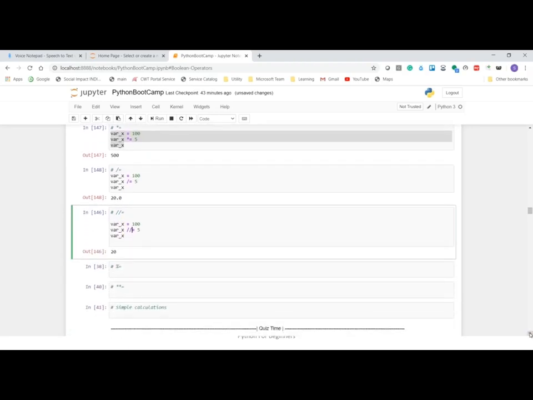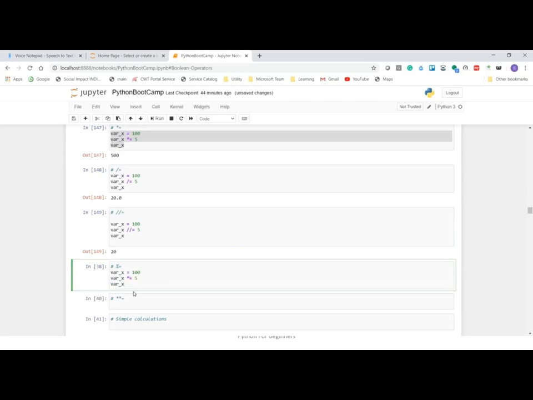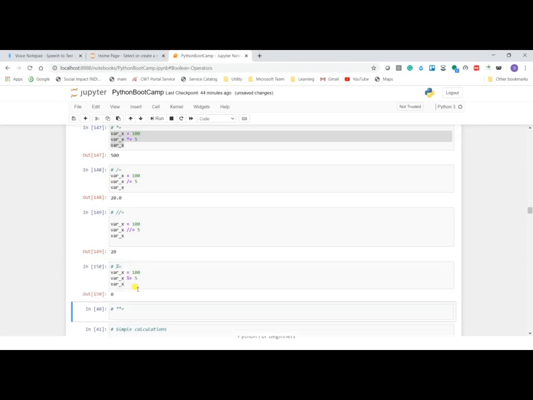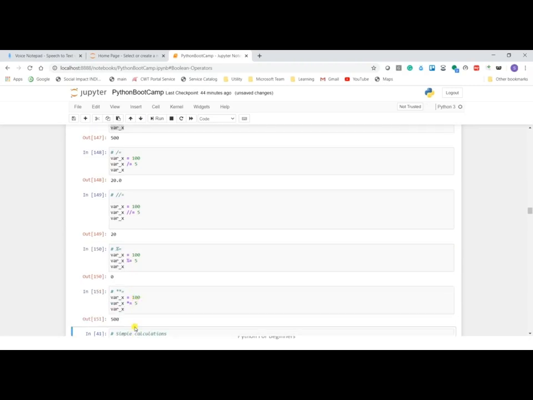Similarly, floor operator would show us the quotient. So 100 divided by 5, the quotient would be 20. So output remains the same. Next, we have modulo operator, which will give us the remainder. So 100 by 5, the remainder would be 0 because it's divisible, so 0. And next we have the exponential. So if we say 100 to the power 5, oh my god,